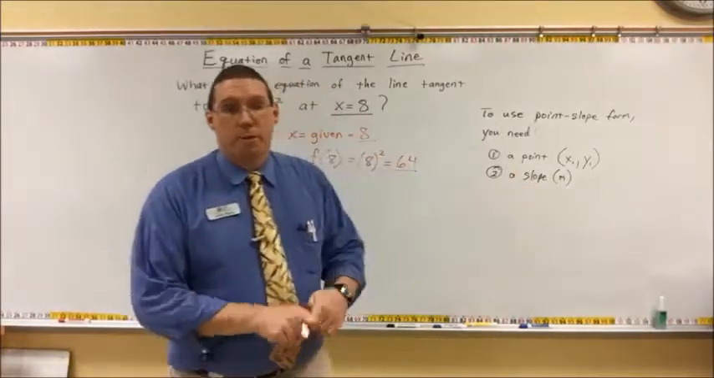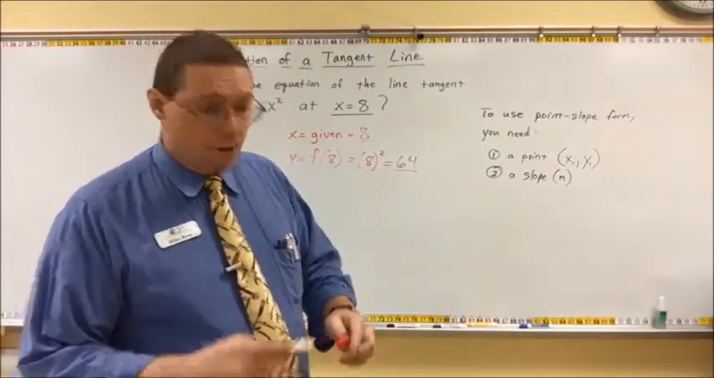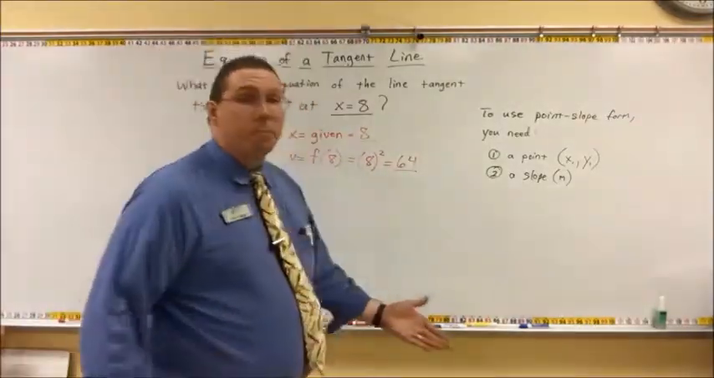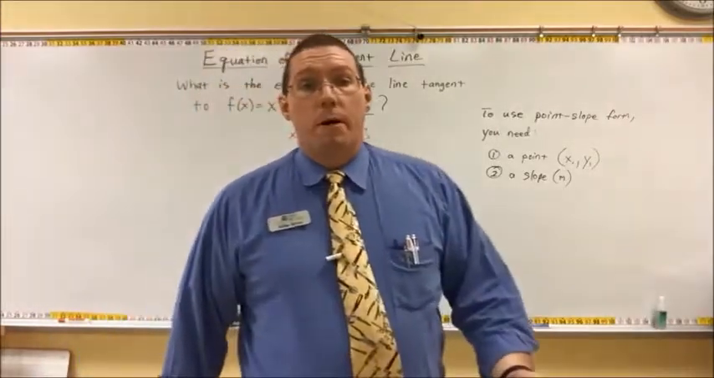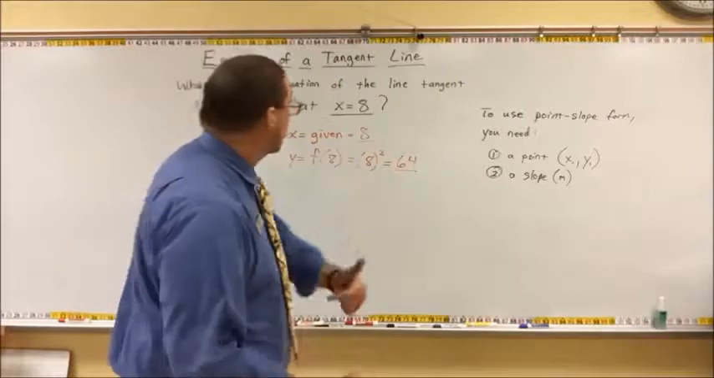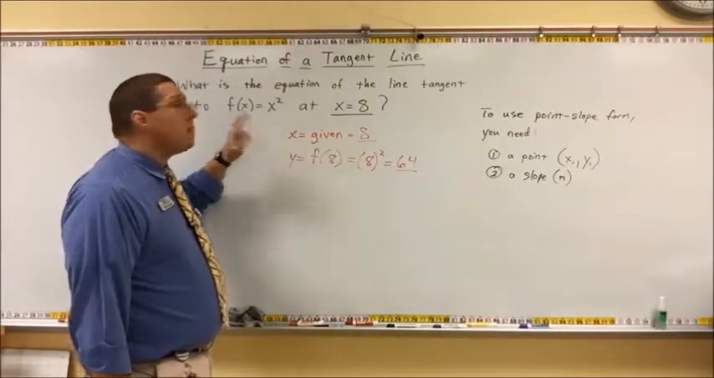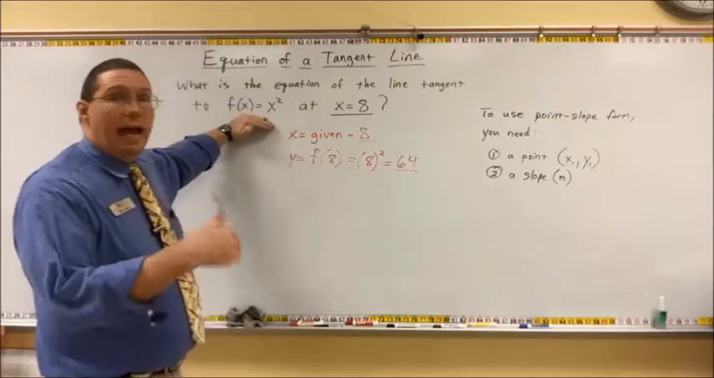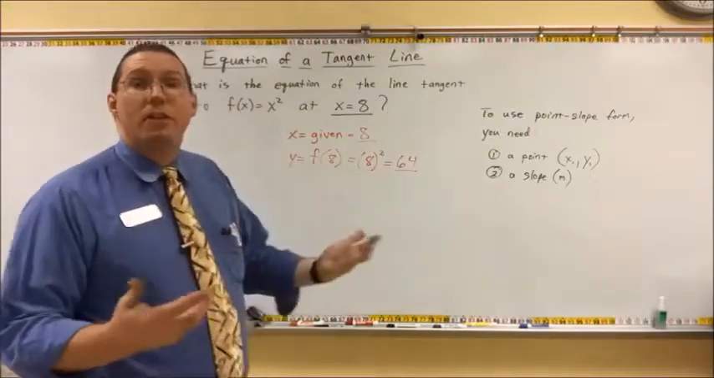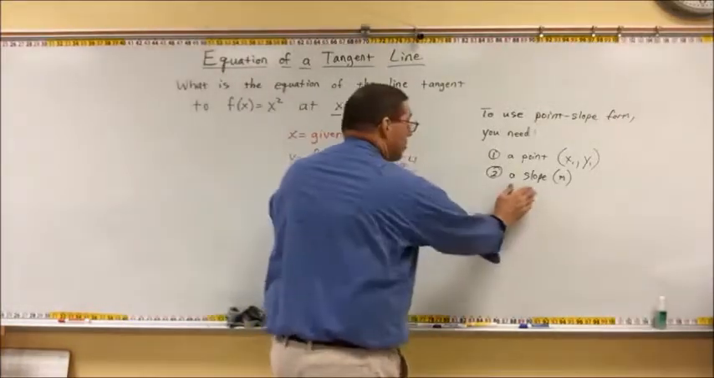Now here's the part, this is the calculus part. Everything else here is just algebra. Now we're getting to the calculus part. Remember that the slope of the tangent line is equal to the slope of the function at that point. And the slope of a function at a point is given by the derivative. So here's what you basically need to do to find the slope,